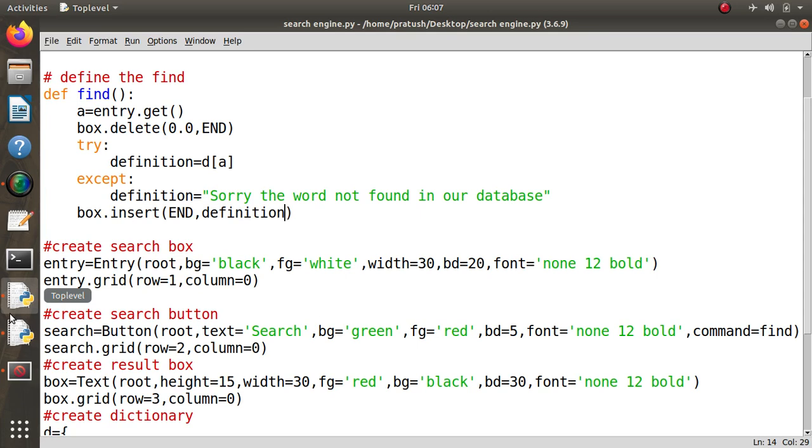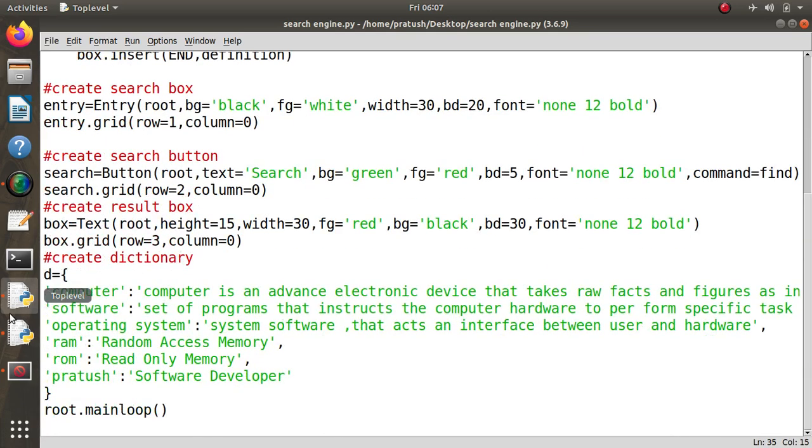You can expand this dictionary as long as you can. Suppose I add more stuff here, like I type in NIELIT.